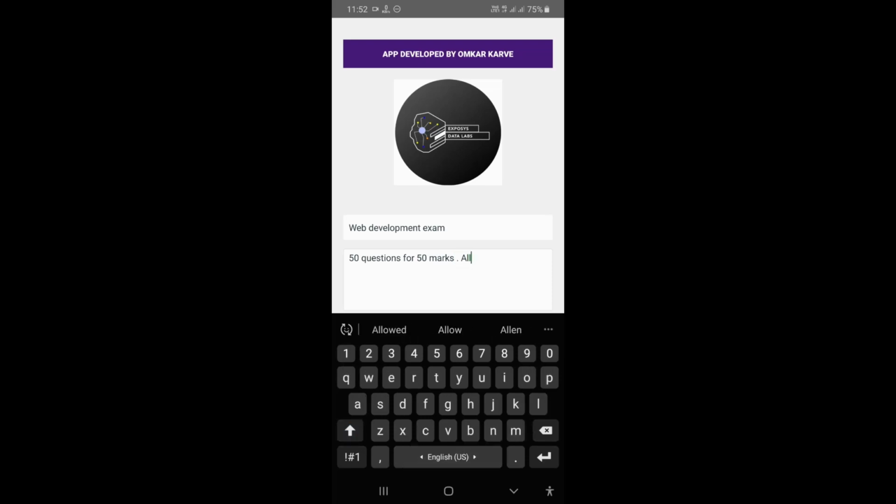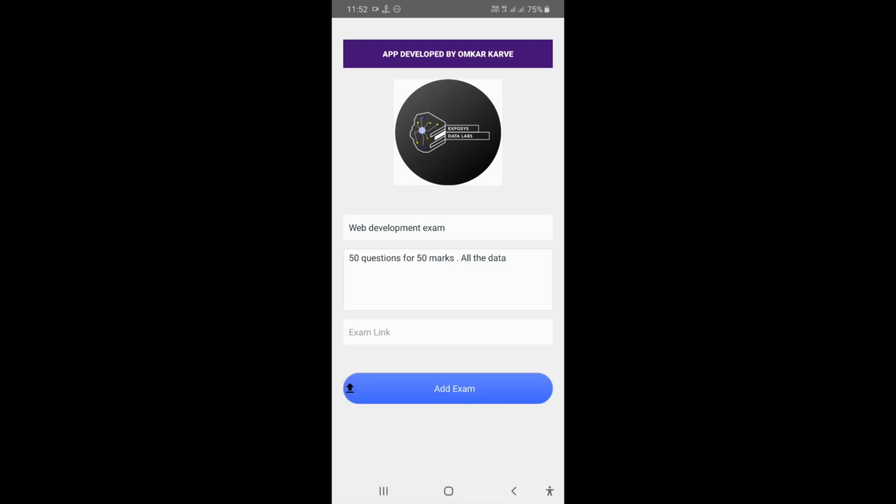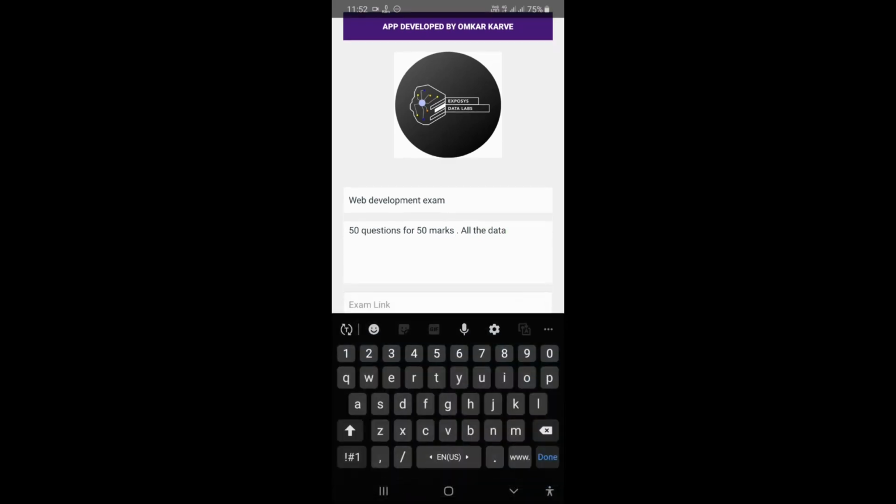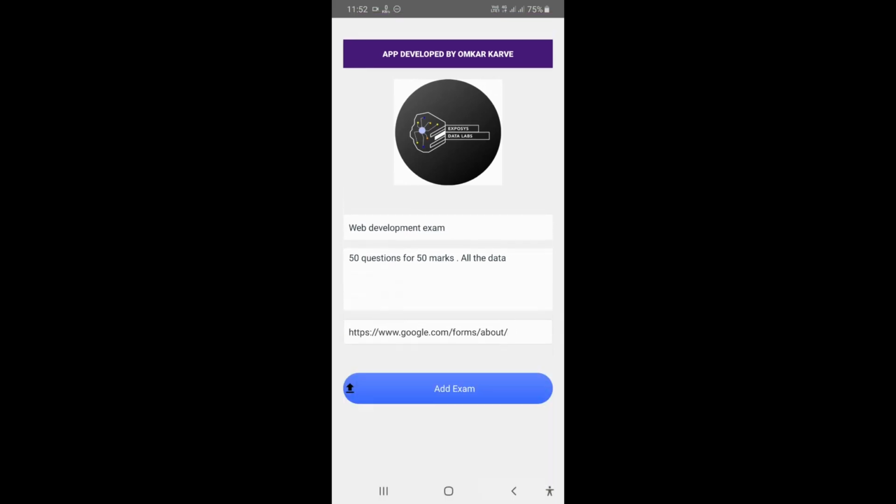Again, the data doesn't matter here. It can be anything. Also, this section is very important: we need to give the correct link. We need to paste a link here. As of now I am giving just Google Form links. After giving a link, the admin should add the exam. Like here, the exam is added successfully. The message will pop up.